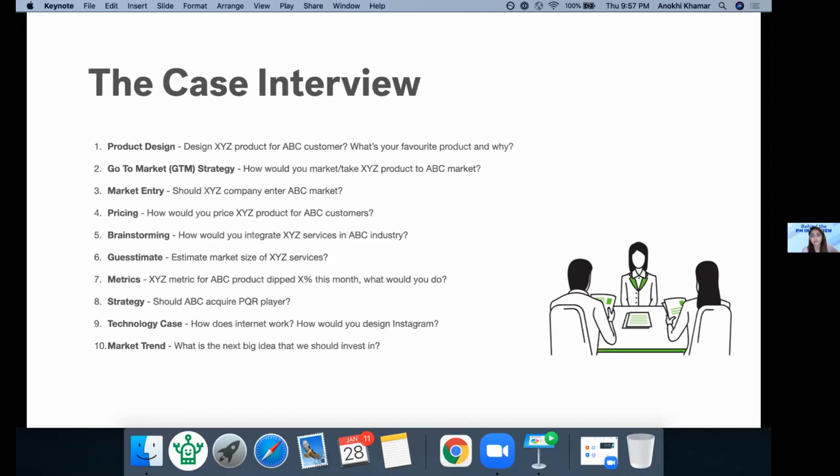What's the data structure look like for this? How would you do it? What's the cloud infrastructure on this? Is that what you would leverage? Things like that. And then market trend,